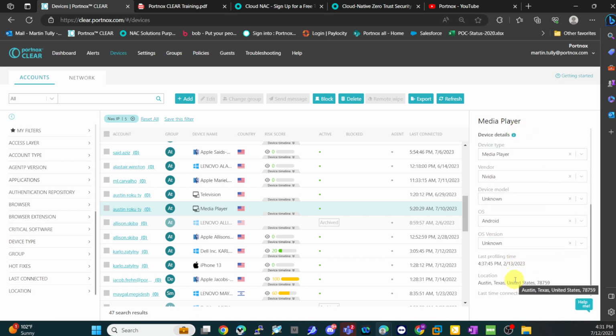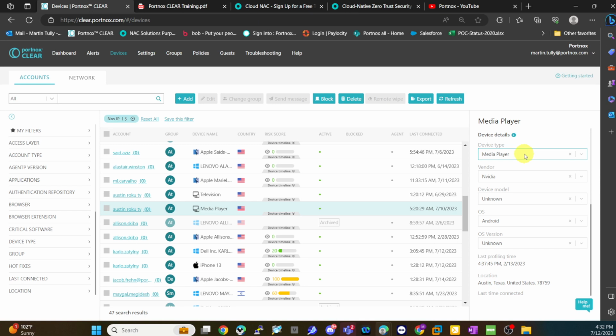So if you think about my analogy of going into the club and you're on that whitelist, even though you got in, we take a look at what kind of shoes you're wearing, maybe what color shirt you have, what color hair, things like that. And these are the device details. And what this allows us to do is the profiling that we're doing on that device, and we do this